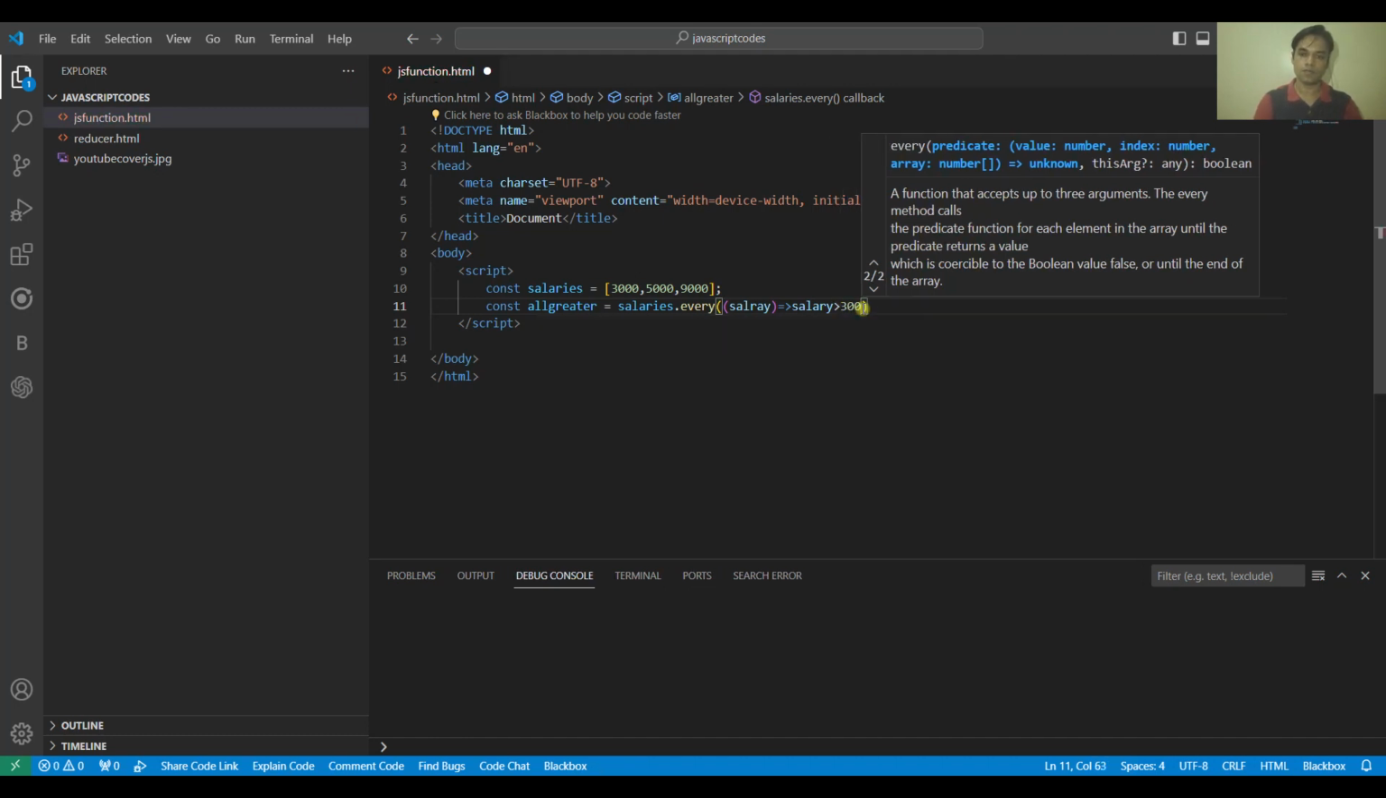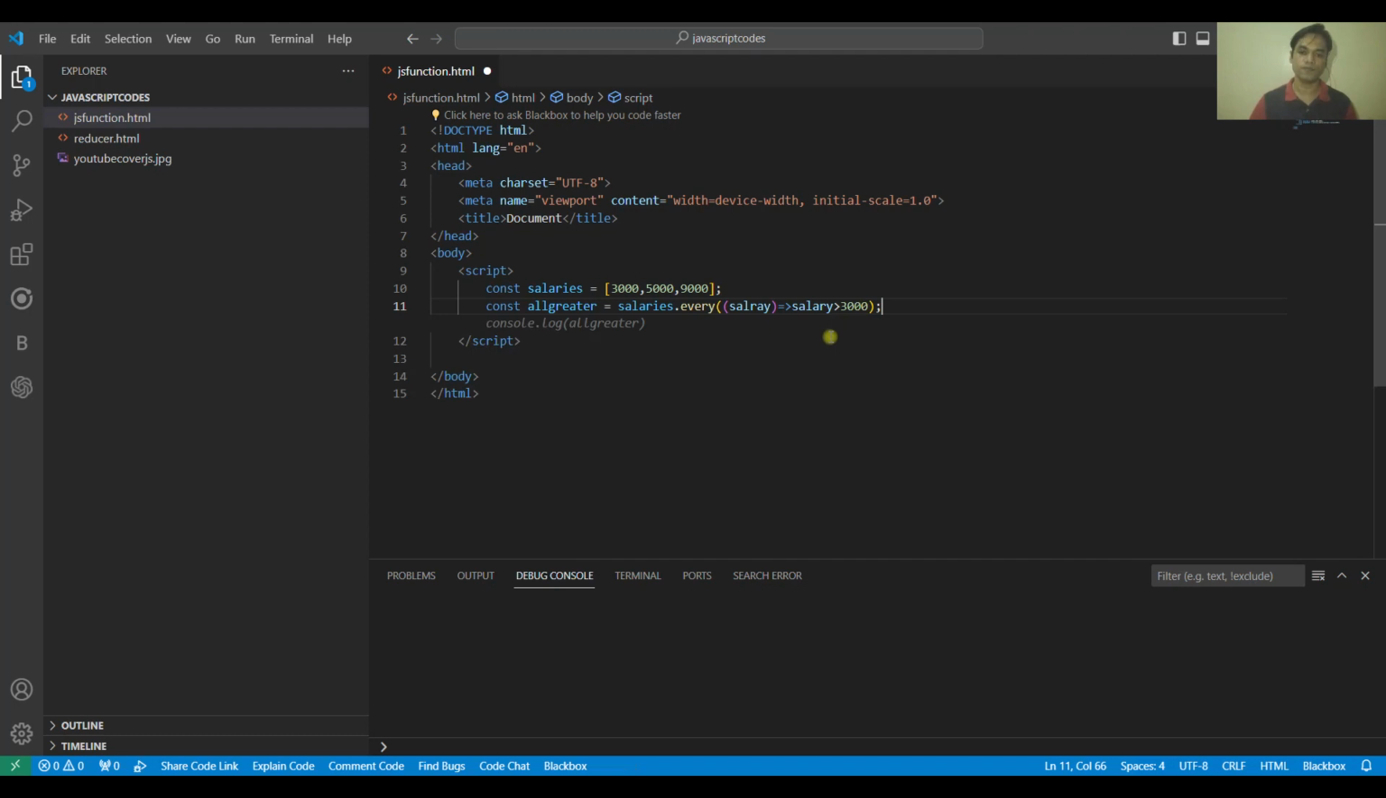greater than 3000. Now what this function will do is check each and every value from this particular array, that is salaries dot every. So for every value inside this array, this will run and check this function condition. This is the short form ES6 function which we define over here, that is arrow functions. So we specify salary over here, each and every salary will travel over here, and the condition is salary greater than 3000. If every salary is greater than 3000, then it will return true, or else it will return false. So for printing this value,